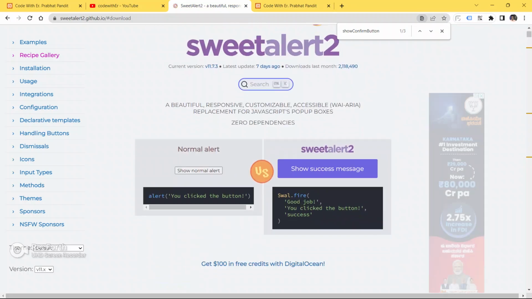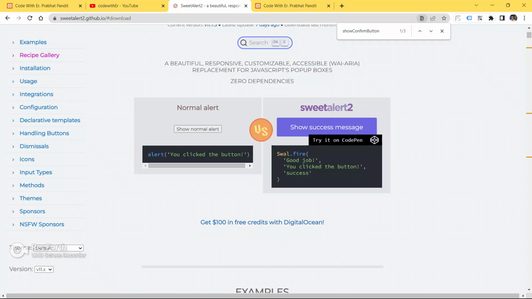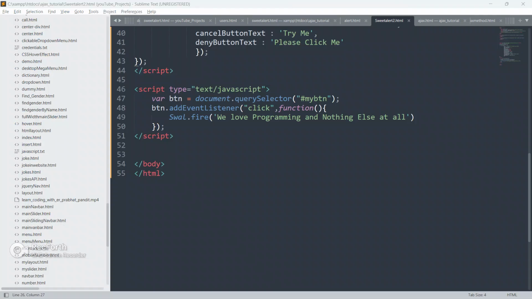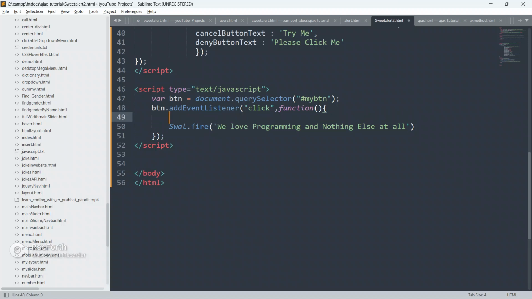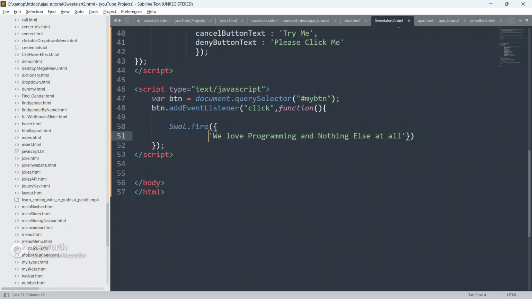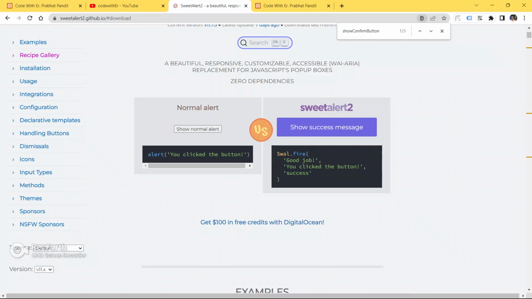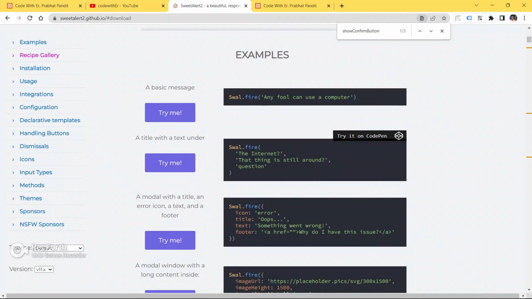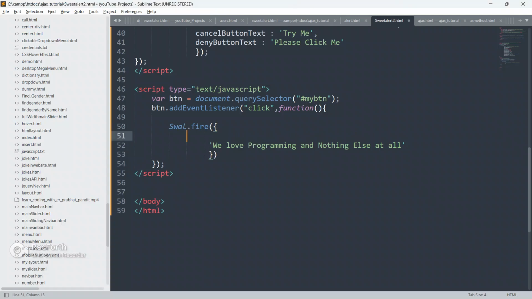So let's go back to the code now and go to the first button, guys. See, in order to use this SweetAlert, you have to call Swal.fire. This is a method. So we are going to modify this second modal, guys, second pop-up. Let's open this and close this. Go to this SweetAlert, guys.